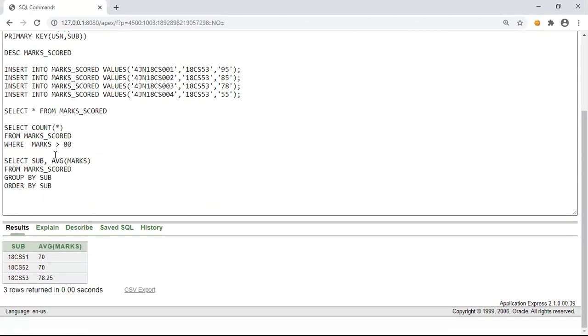So now let us go back to this maximum example where we want to find who has scored the maximum marks.